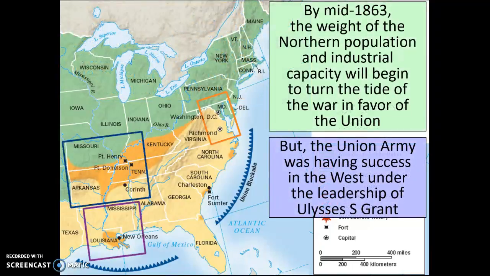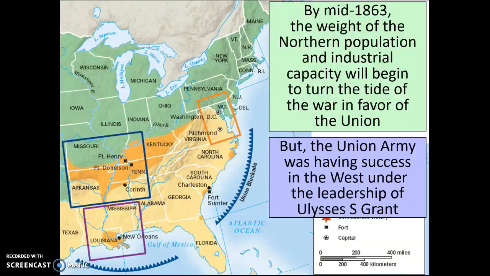But in 1863, the tide really starts to shift in favor of the Union, and mostly because the Union is just going to have a larger force that they can throw at the South. The population is so much higher within the North. They're going to have so many more men that they can use in the military, and also just because of the industrial capability of the North and the ability for them to send in more weapons and to create such an advantage because of that industry,